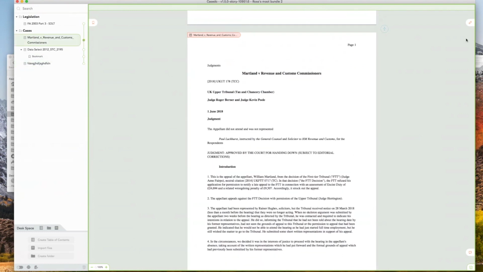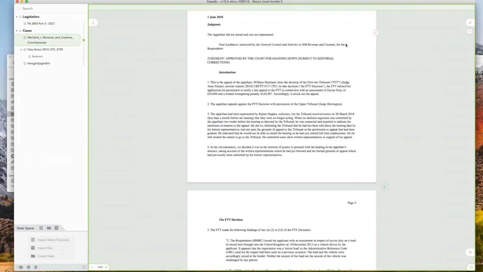So it doesn't matter where I start. What I do is I drag a link onto the document and I release it. And that creates one end of the link. The other end stays up here. And this already works, actually. I can double click on that and it will take me back there.